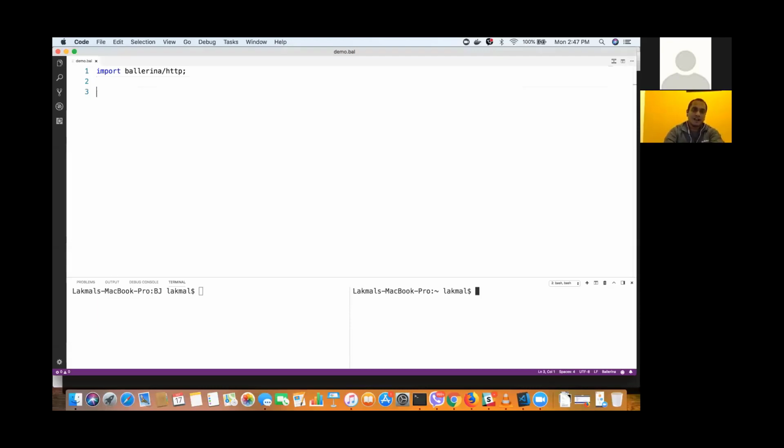Okay. So I just imported the Ballerina HTTP library. So here now, Ballerina's service is first class. You just saw that. When I type a few words of service, it will auto-complete the full service notation. So here you can see service comes with a name, and we can change the name to hello. I'm going to do the hello world sample first.